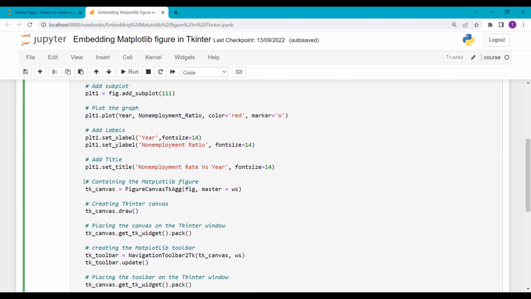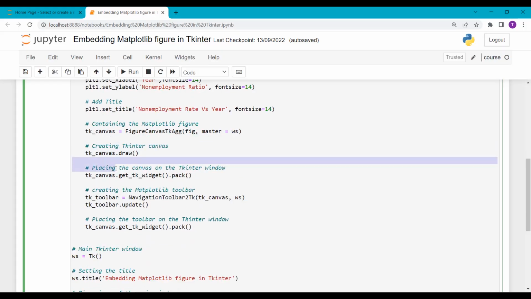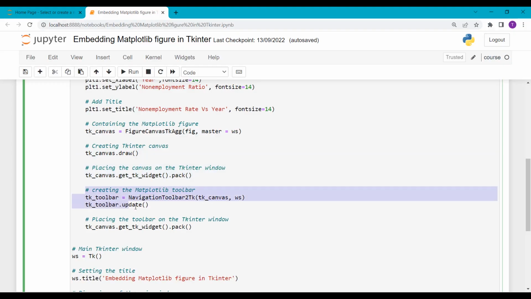Then we will move ahead, and here you can see that I create the FigureCanvasTkAgg object that connects the fig object with the Tkinter canvas object, and after that I call the draw function to create the Tkinter canvas. Next, to place the canvas on the Tkinter window, we call the get_tk_widget method with the pack method, and then we will move ahead,